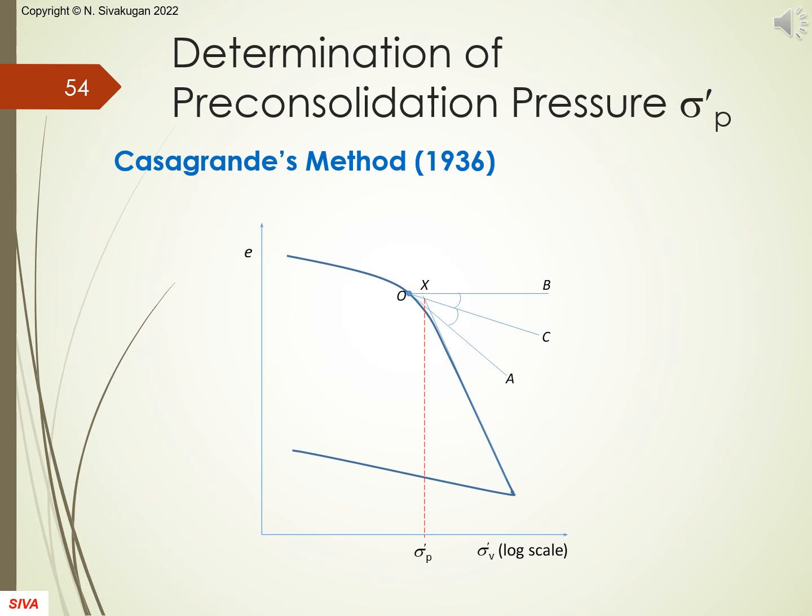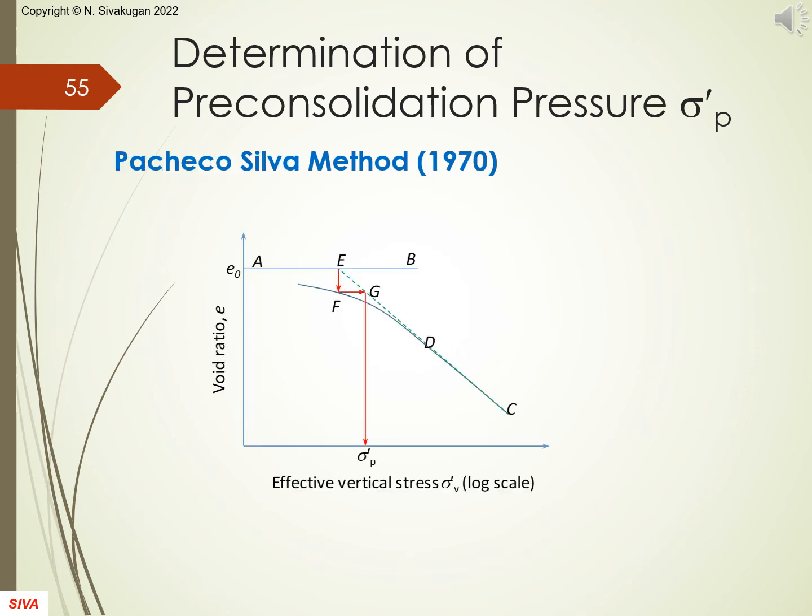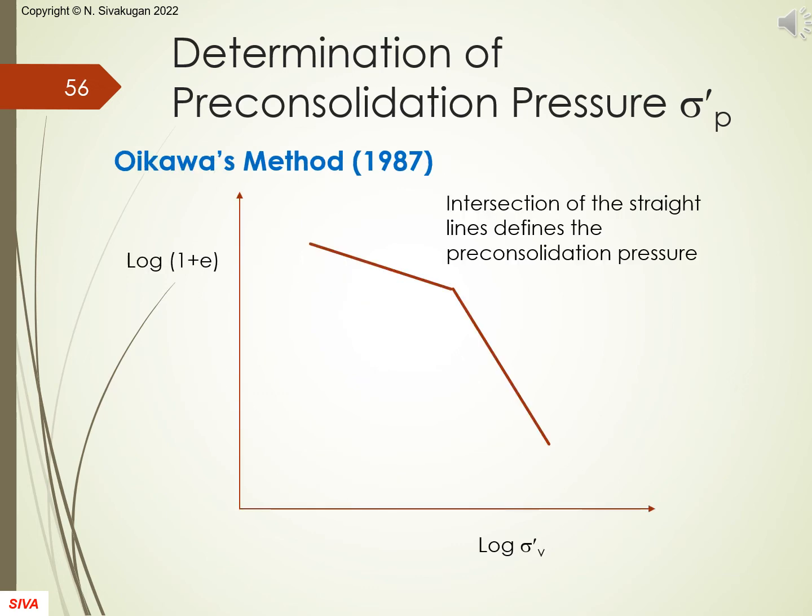There are a few different ways of determining the pre-consolidation pressure from the lab curve. Of these, Casagrande's method is the oldest and most widely used. There are suggestions that Casagrande's method is influenced by the scales selected for the x and y axes. Pacheco Silva's method and Oikawa's method appear to give better definitions of the pre-consolidation pressures. Oikawa suggested that having log of 1 plus e on the y-axis gives two straight lines, the intersection of which